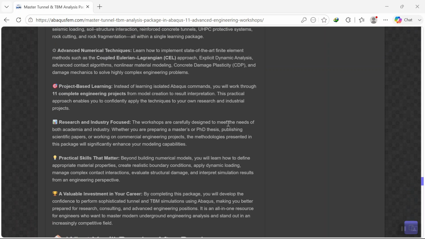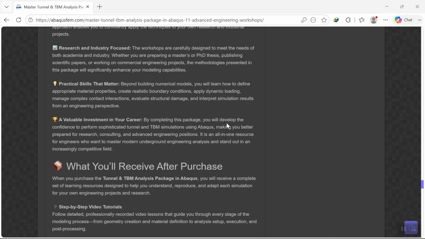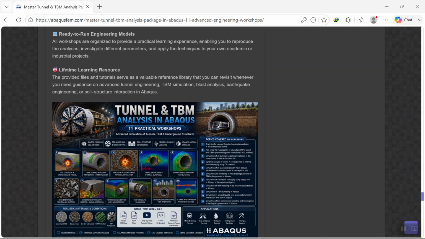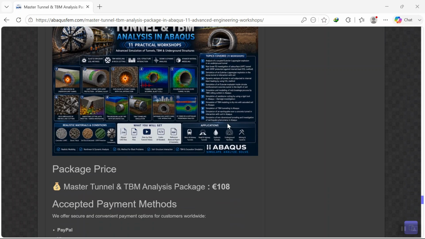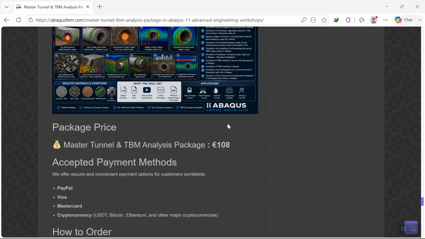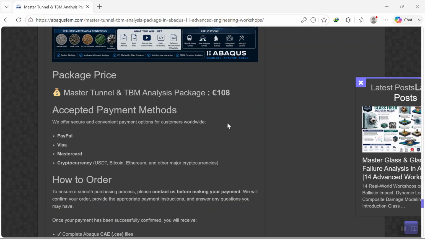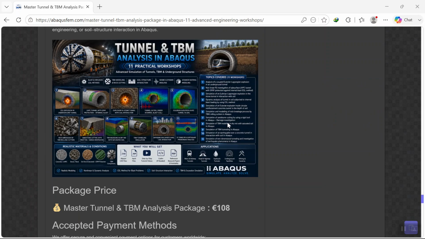is made. After purchasing the package, you will receive everything you need to reproduce and customize the simulation for your own project. This includes complete CAE files, input files, step-by-step video tutorials, and reference papers when they are available. These resources allow you to repeat every simulation, modify parameters, perform your own investigation, and build upon the provided models for research or industrial